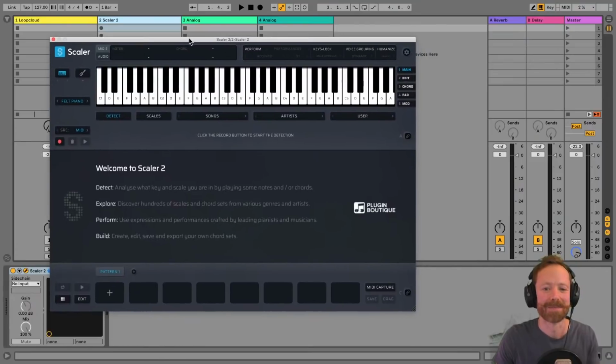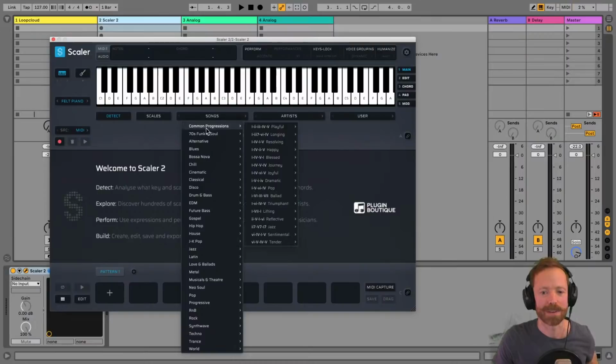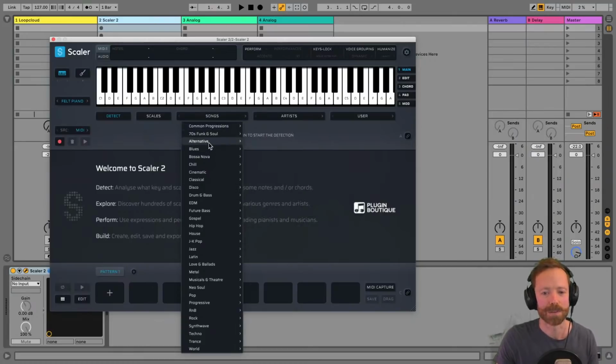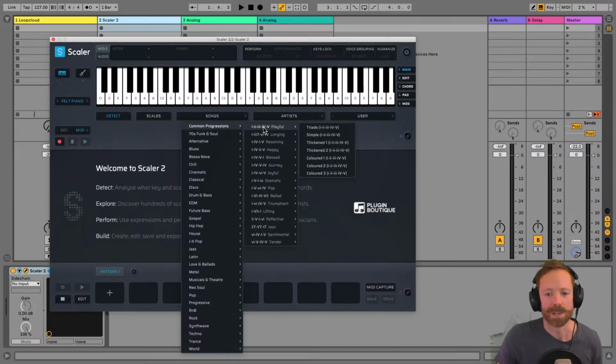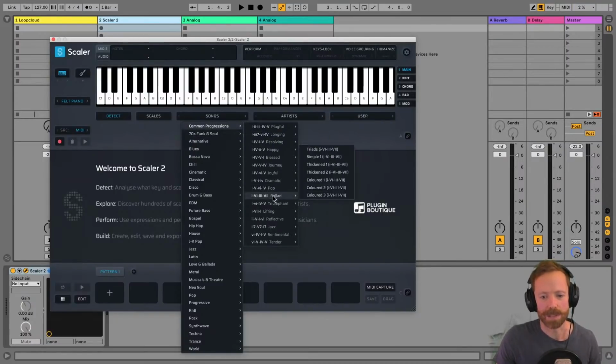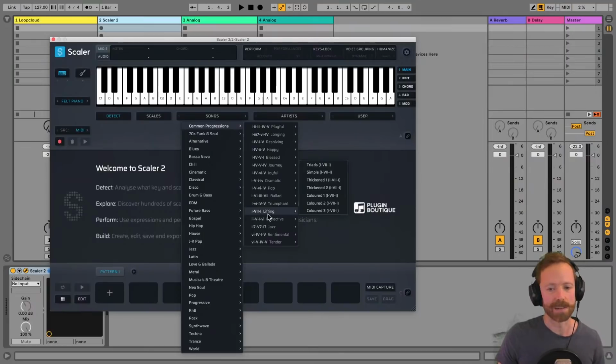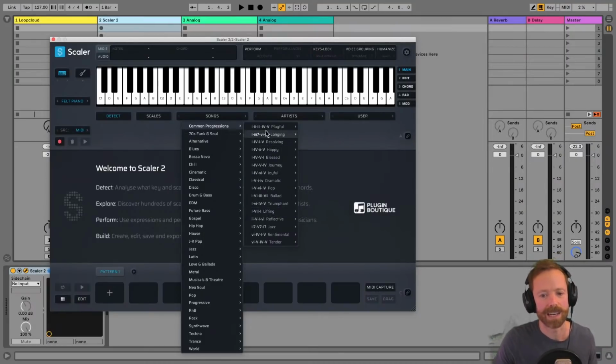I will. Yeah, cool. So I'm going to go into some of the song modes. So first of all, you can see the common progressions there that Josh was talking about, and these are really awesome. So obviously you had all the genre-specific ones, which we've had for a while now. But these common ones are basically, like we were saying, the ones that have been used for a ton of different songs. So they're just really, really classic sequences. The one Josh was talking about is in fact in here. It's the 1/6, so it's one of these ones down here somewhere.